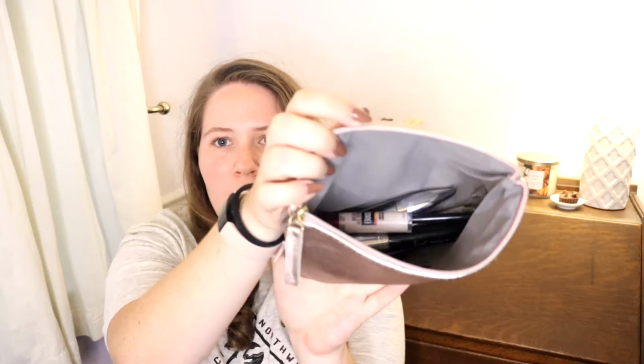I also kept some melatonin in a bag. And then I think everything that's in the bottom of this bag is just makeup. I have an extra couple of spare hair ties, but pretty much everything is makeup in here. And once again, I brought more than I really needed, but it's just kind of like makeup brushes, mascara, an